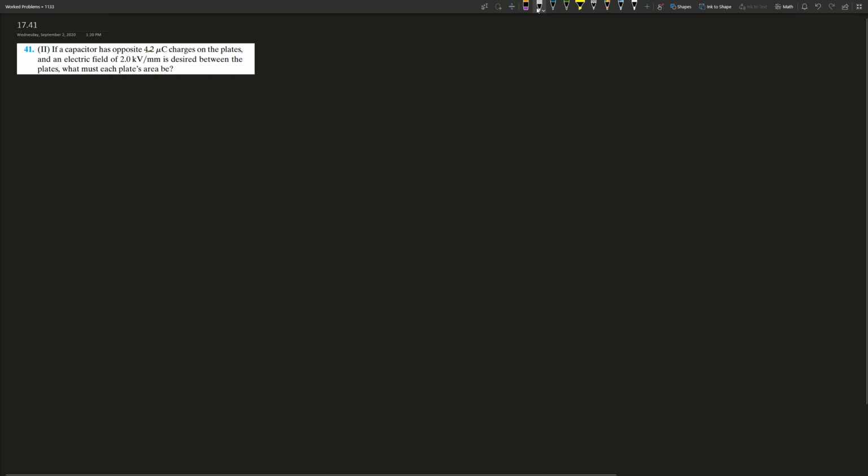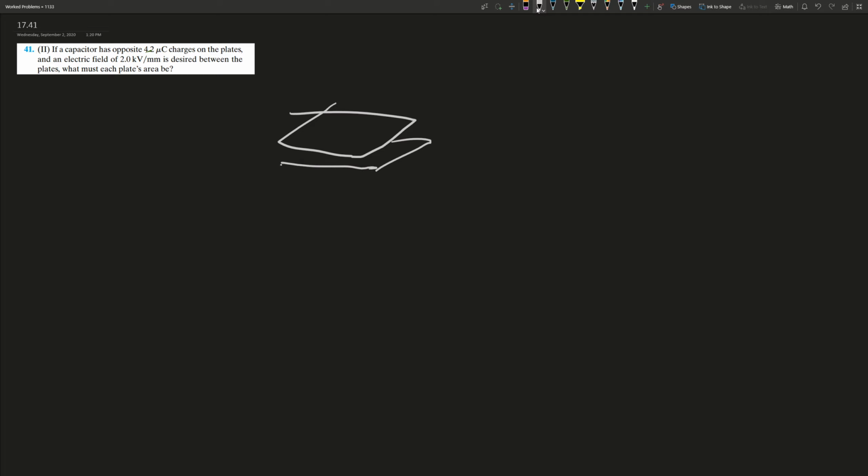So the first problem we're going to do is chapter 17, problem 41. This problem gives us a parallel plate capacitor, and it doesn't tell us the area. In fact, it asks us to solve for the area. But we know for a parallel plate capacitor with area A, the electric field